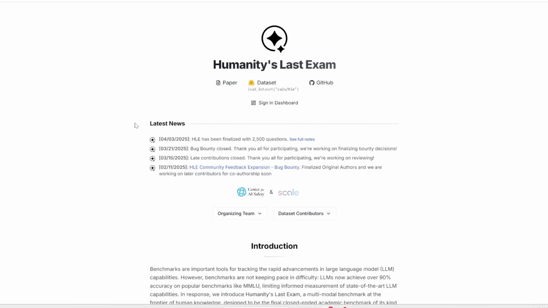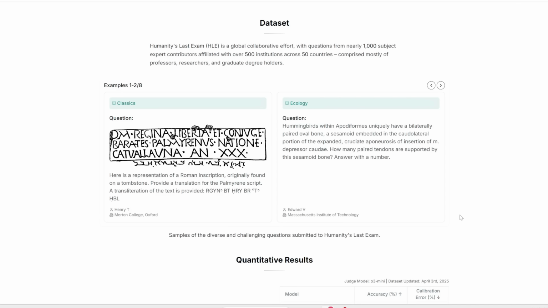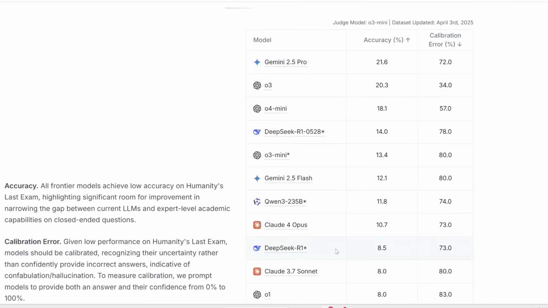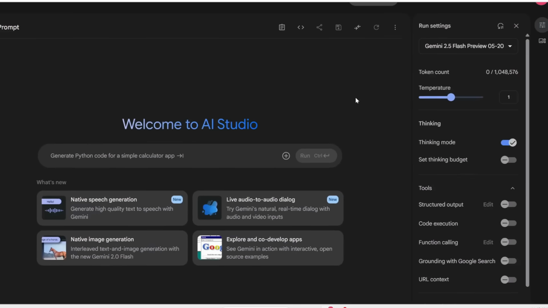Here's another leaderboard called Humanity's Last Exam. The name is kind of misleading. It doesn't mean we're screwed once AI gets 100%, but this is basically a series of really complicated questions from very obscure scientific domains that most of you probably haven't heard of. So it's basically testing an AI model's knowledge on these really obscure and lesser known subjects. And you can see this new Gemini 2.5 Pro is also number 1 on this leaderboard, beating O3 and O4 Mini. So I think it's safe to say this is objectively the best model you can use right now.